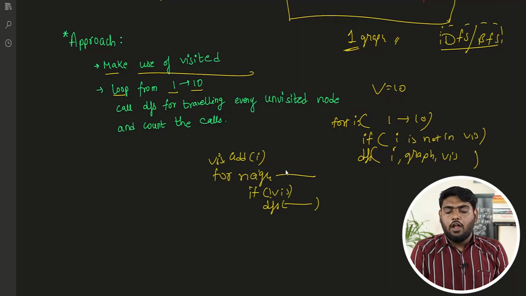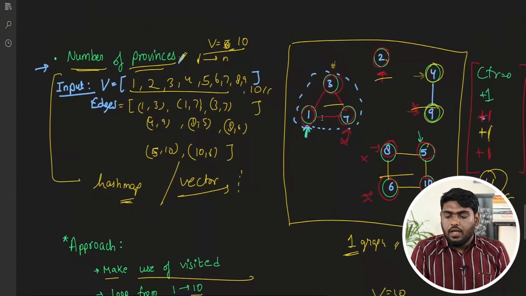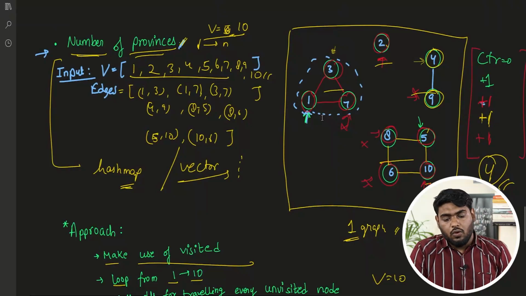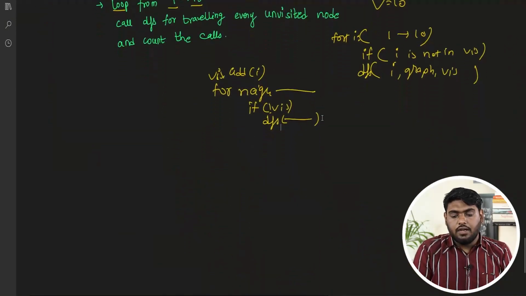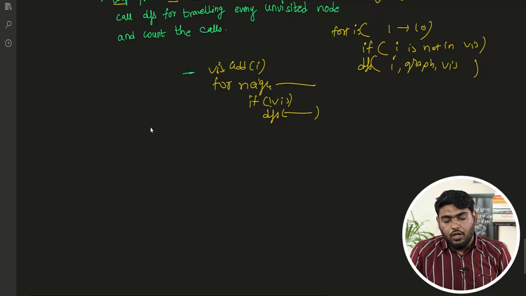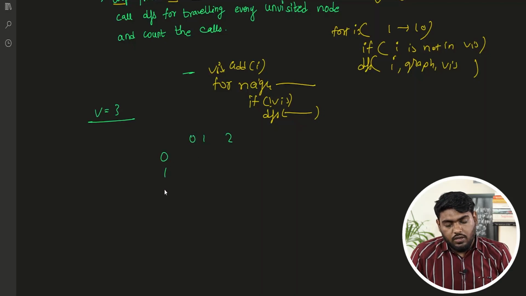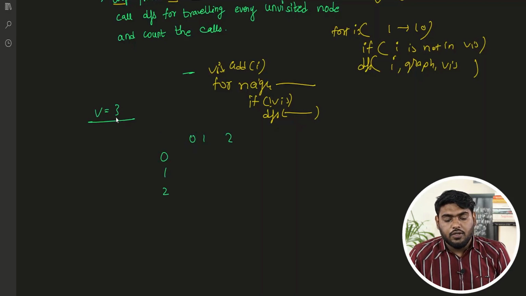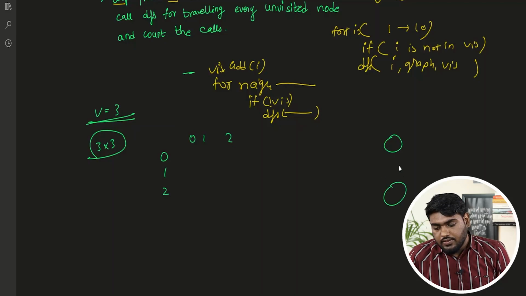All right, so I hope you have understood this question very clearly and you can attempt the code on your own. One thing more I must tell you about this question, that if you go to the practice session to solve this question, you will be receiving an adjacency matrix. That means it is going to be something like this. So if I say v equals 3, you'll be having 0, 1, 2, 0, 1, 2 as a matrix, because v equals 3 means you will be getting a 3 cross 3 matrix. So if I make up a diagram like this,